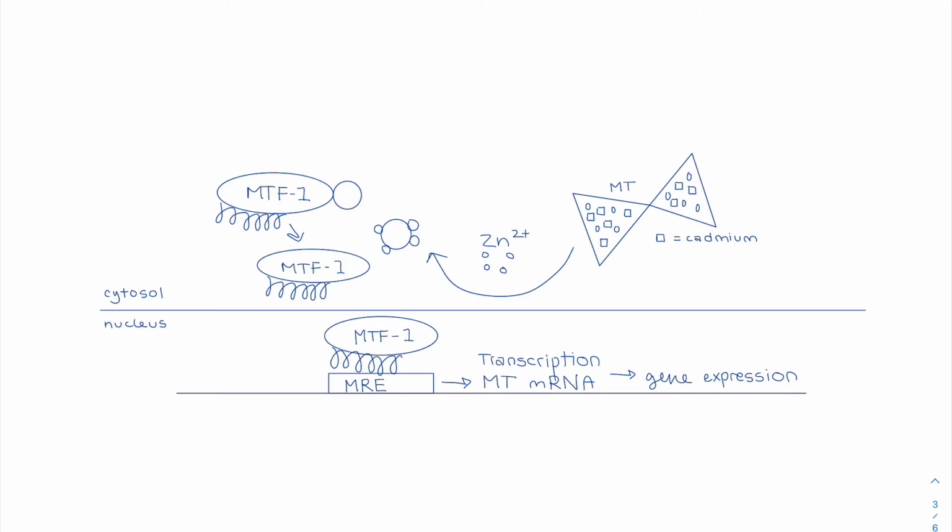Hepatic metallothionein is induced by glucocorticoids and IL-6, causing a redistribution of zinc from the plasma to the liver following a bacterial infection, rheumatoid arthritis, or intense exercise. Zinc promotes metallothionein gene transcription through a metal response element binding transcription factor, that is MTF1, and MTF1 drives